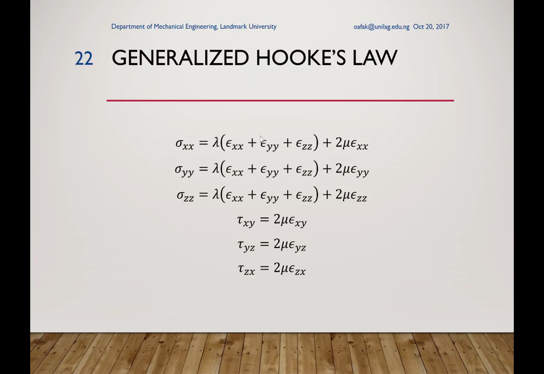The generalized Hooke's law in Cartesian coordinates looks like this now, because we are using the Lamé coefficients. If we decide to use another pair of constants, such as the modulus of elasticity and the Poisson ratio, it will look slightly different from this, but it will still be equivalent because of the relationship between all the elastic moduli for linear situations. The elastic moduli are related. Therefore, no matter how you express these equations, they will be the same.